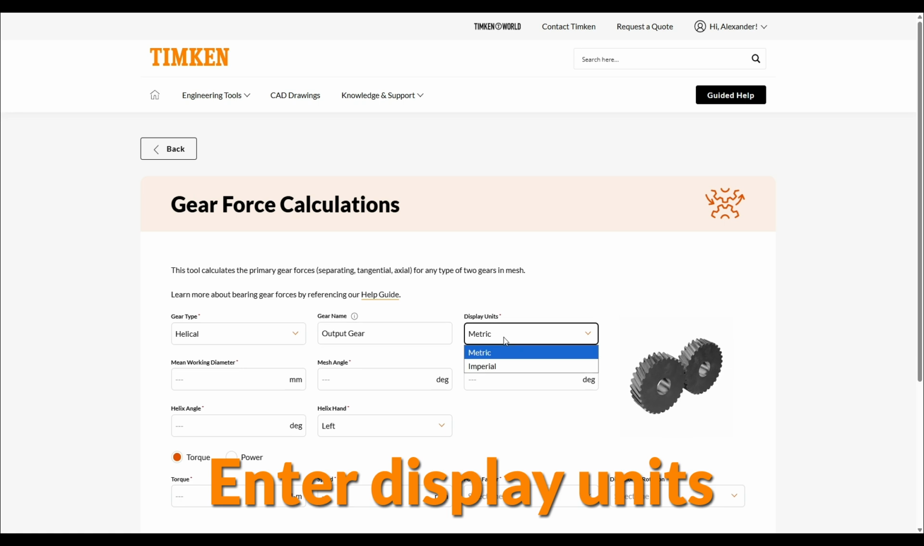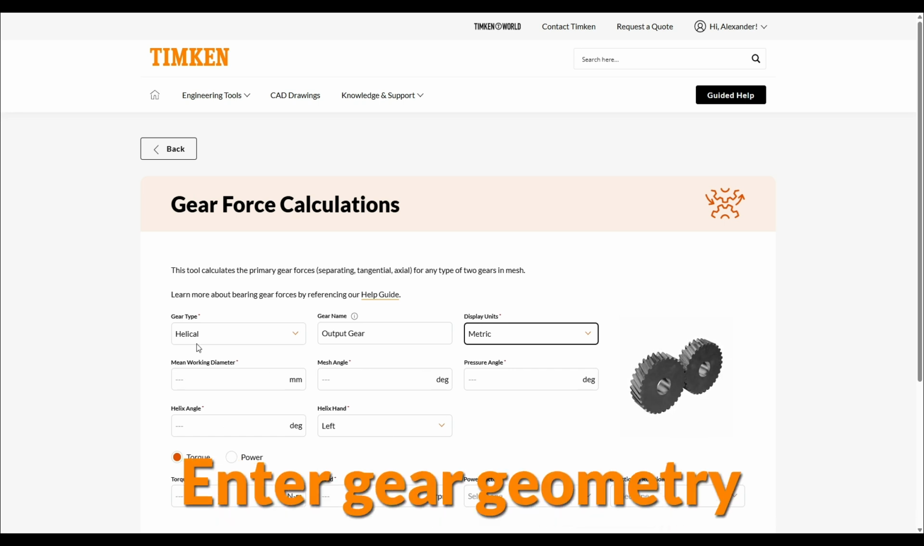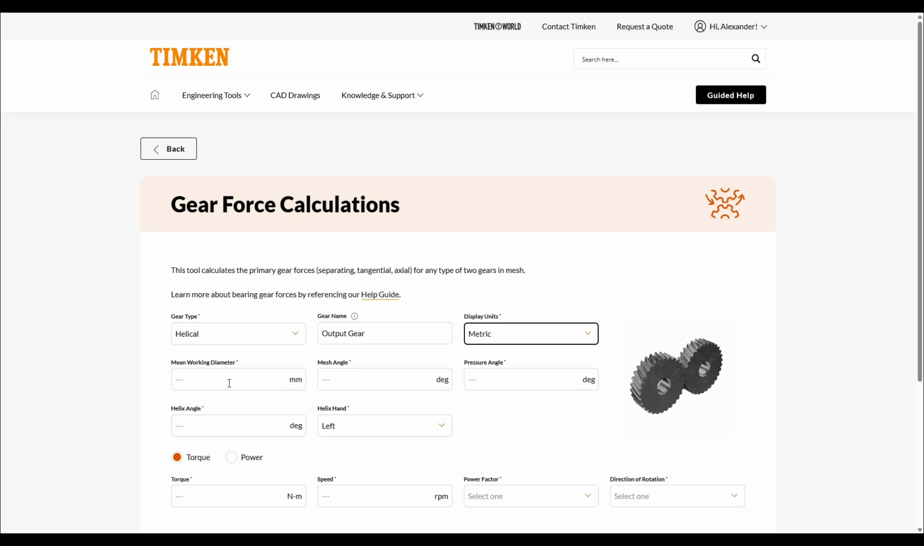Then we can enter our display units. In this case, I will keep them metric. Next, we can enter our gear geometry. As you change the gear type, the options for gear geometry will change. For help defining each of the terms for the gear geometry, you can use the help guide, which can be